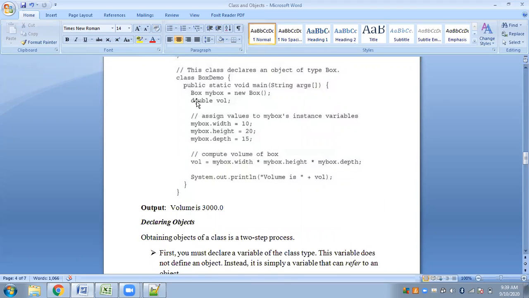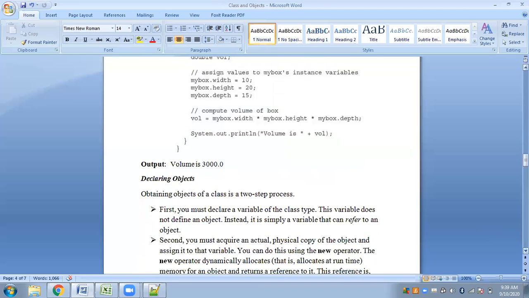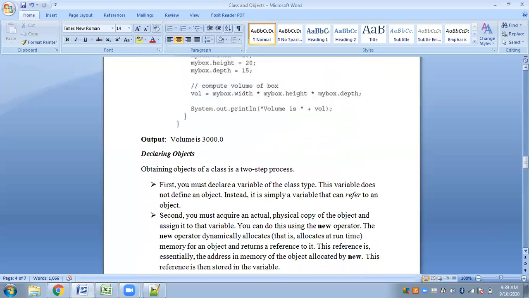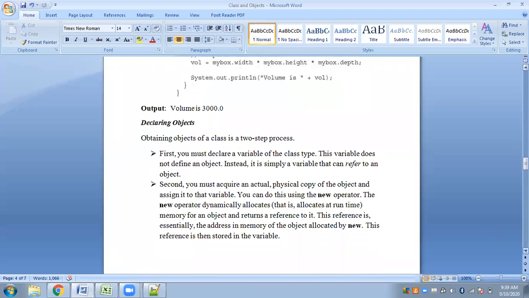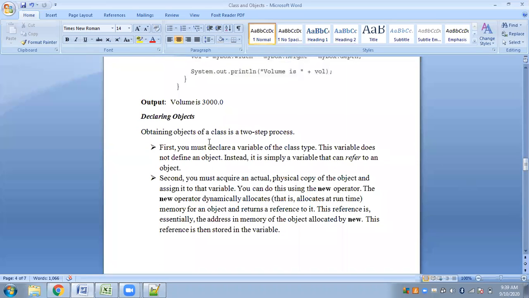Okay, next we will learn about object declaration. We have already seen how we declare objects. You have also declared objects for predefined classes like the Scanner class. However, we will try to get deeper into the object declaration part. Declaring objects is a two-step process.